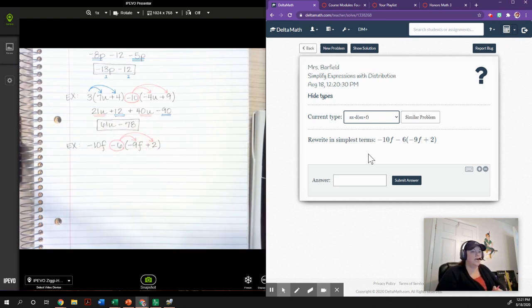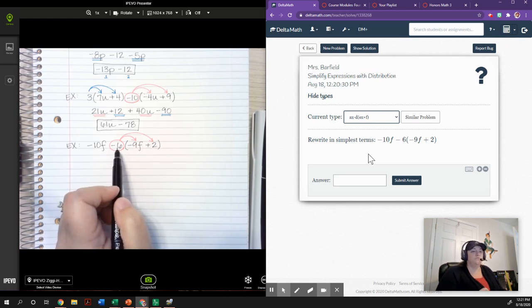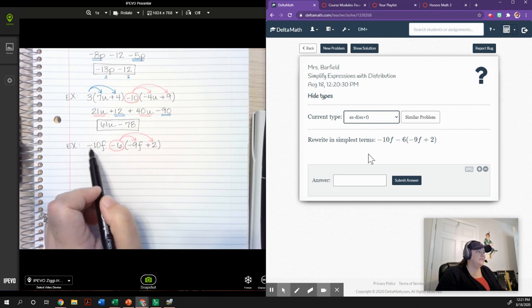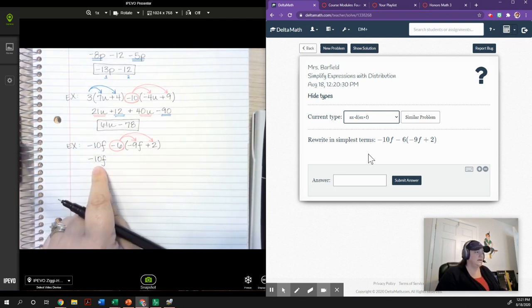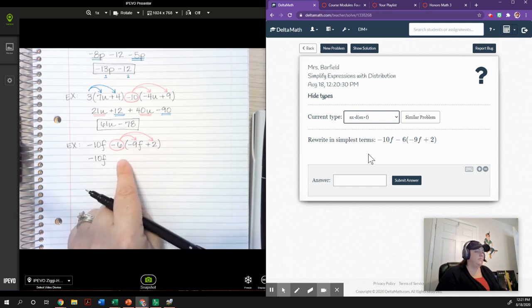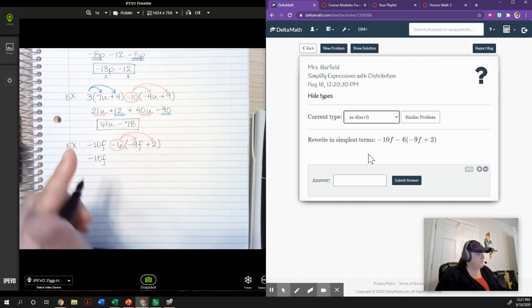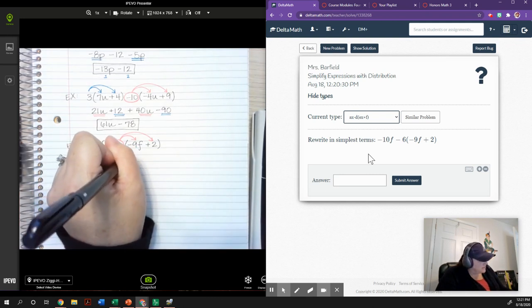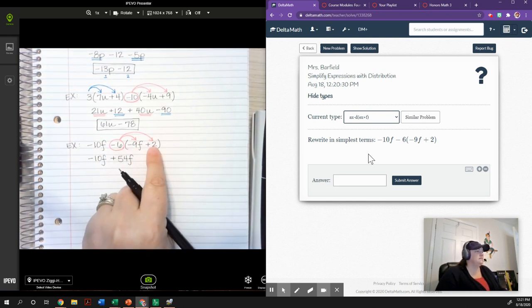and draw your arrows. Whatever works for you, because here's what I don't want you to do. I don't want you to try to multiply by negative 10, and I don't want you to forget that you had a negative sign. Now this negative 10F is not going to do anything, so I'm just going to bring it down. Negative 10F. Now I'm going to multiply, and I'll write my step here as my next line of work. Negative 6 times negative 9 is positive 54. So plus 54, don't forget your F, because you have an F here. Negative 6 times 2,